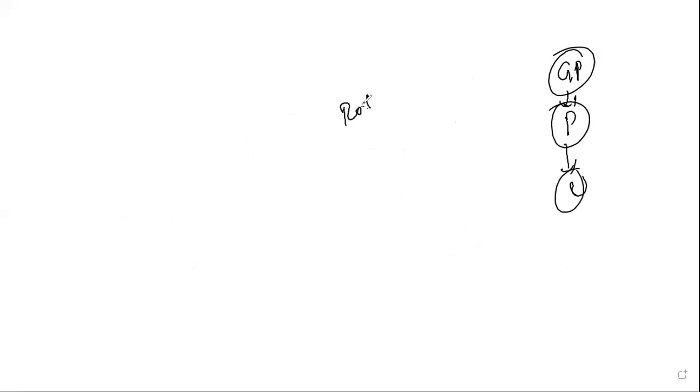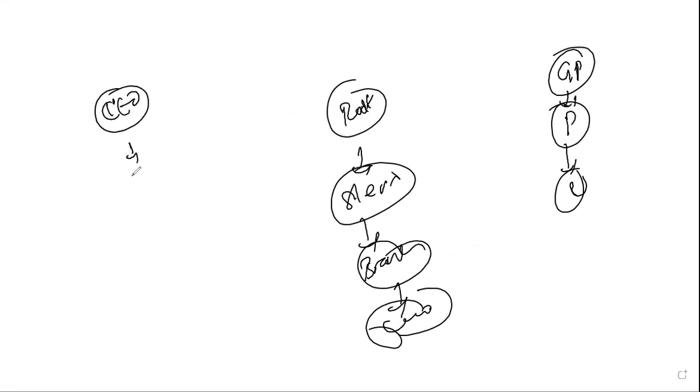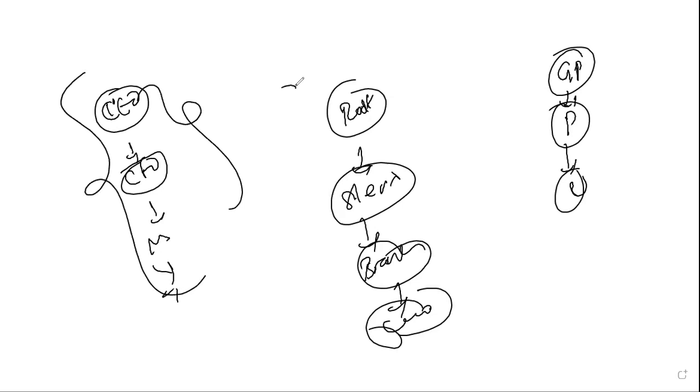First of all, let me explain what is hierarchical. Let's take one example. Like your grandparents, then your parents, then you. So this is one hierarchy, right? Root, stem, branch, then leaf. So this is one hierarchy. CEO, then CFO, then managers. These are the hierarchies. In the same way, RDBMS also follows the storage mechanism as a hierarchical mechanism.